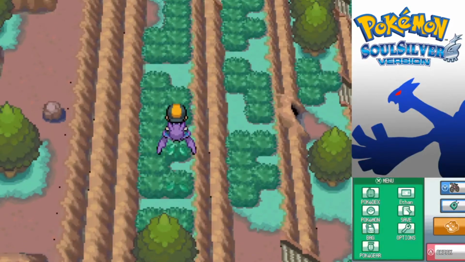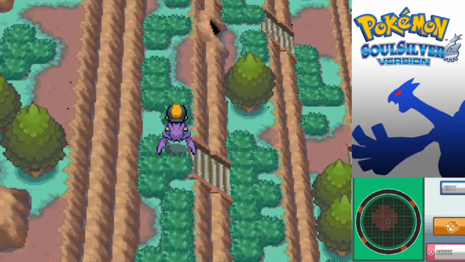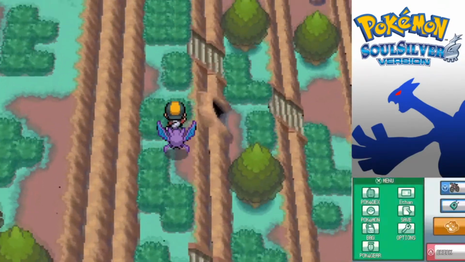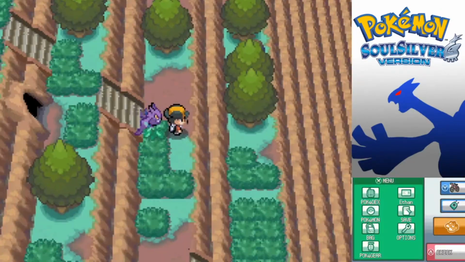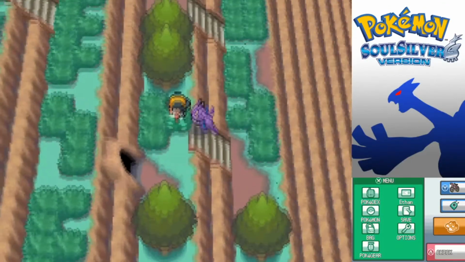No? Oh, he gave us Rock Slide. Right, I'm an idiot. It's Rourke that gives you Stealth Rock. Okay, I don't think there's any items down here, so let's get rid of that for the time being. We'll head down onto here and...